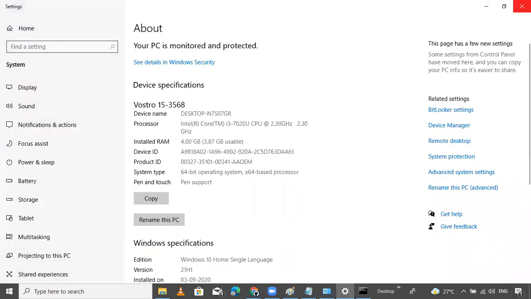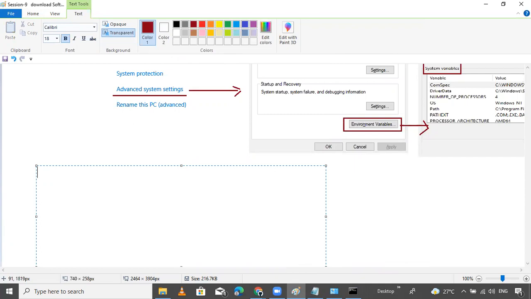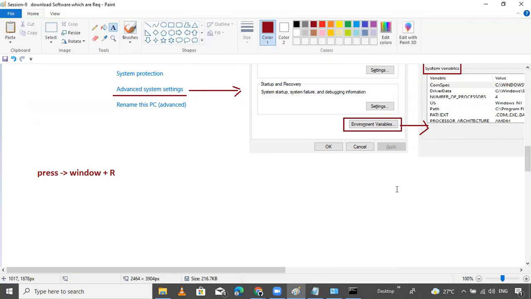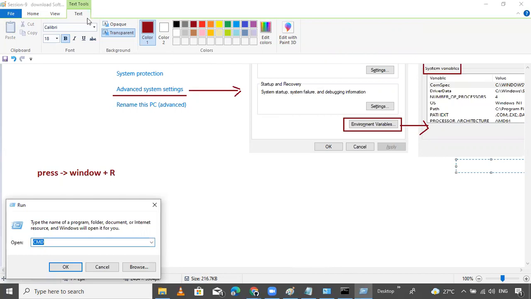So now after setting the path, you can check. You can check by using the command prompt. By using the command prompt, you can check. Type CMD: press the Windows button on the keyboard, Windows plus R. Then you will get one dialog box. Sorry, Windows R. This type of dialog you will get.